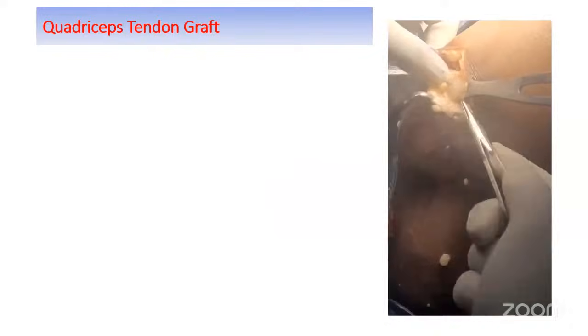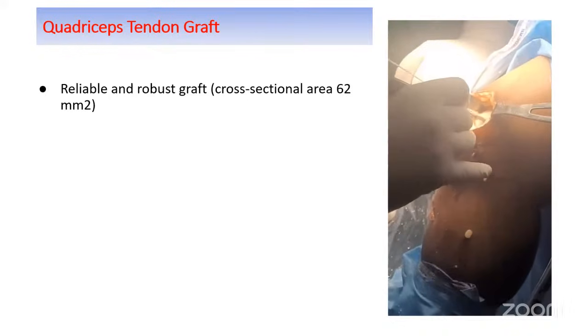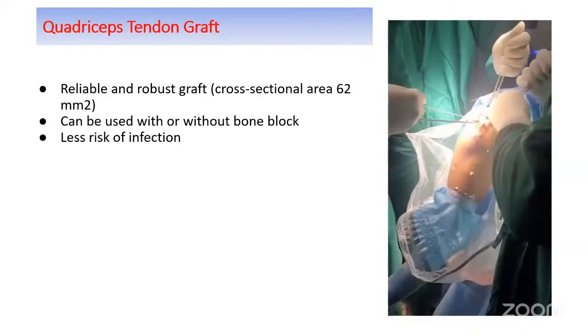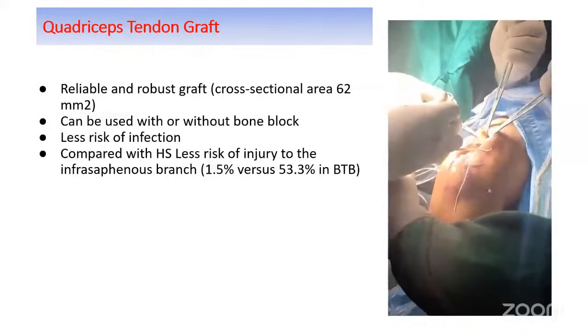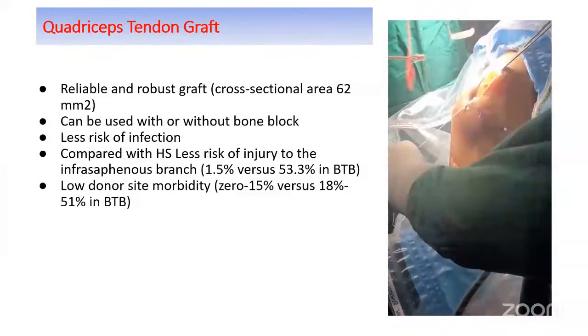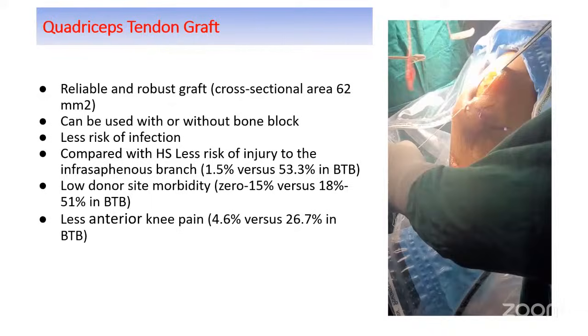Coming to the most important graft, which is the quadriceps tendon graft, which is more frequently used for the PCL reconstruction of late. It's a reliable and robust graft, can be used with a bone block, less risk of infection compared with the hamstring, less risk of injury to the infrapatellar branch of the saphenous nerve, and lower donor site morbidity, 0 to 15% versus 18 to 51% in BPTB, less anterior knee pain, 4.6% versus 26.7% in BPTB,